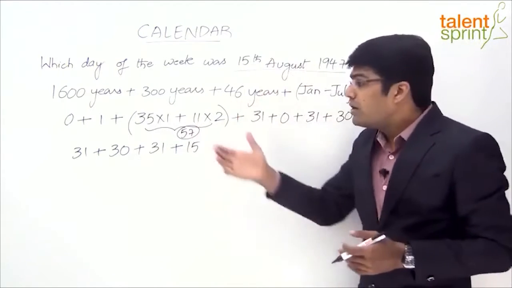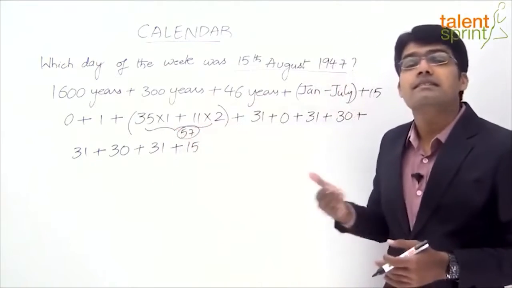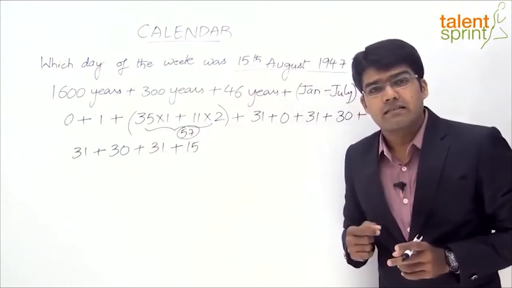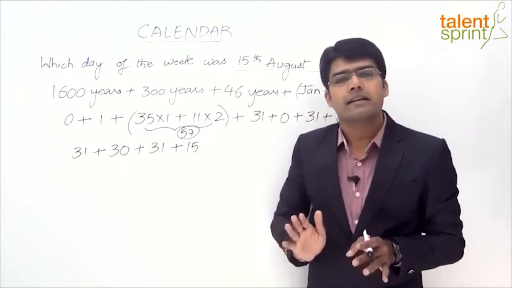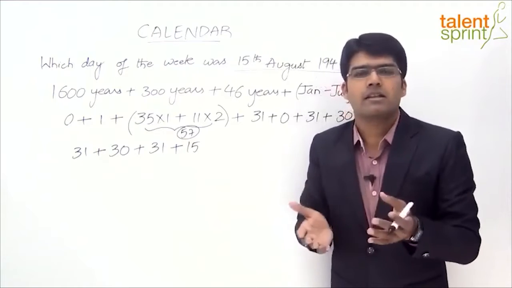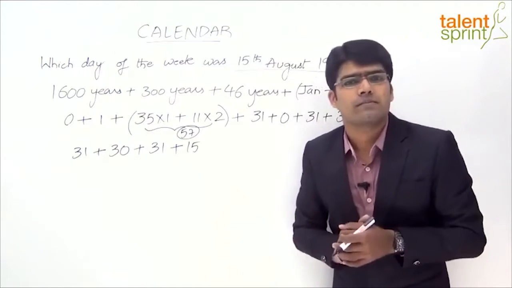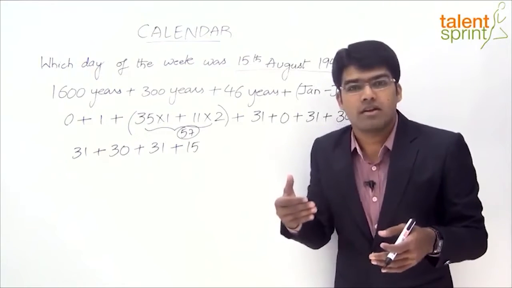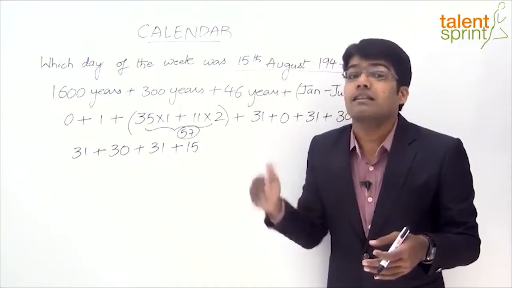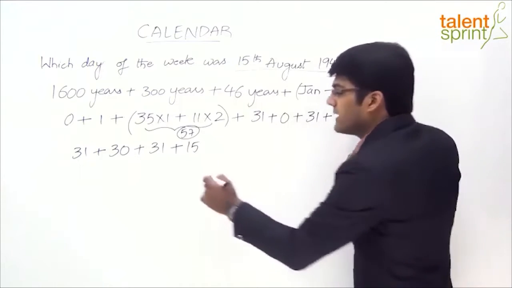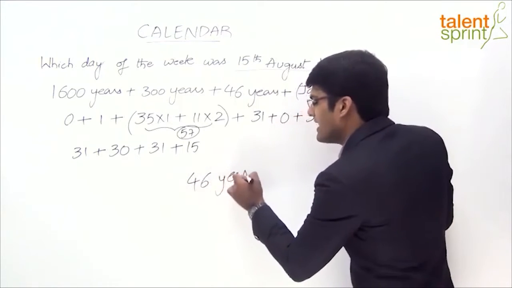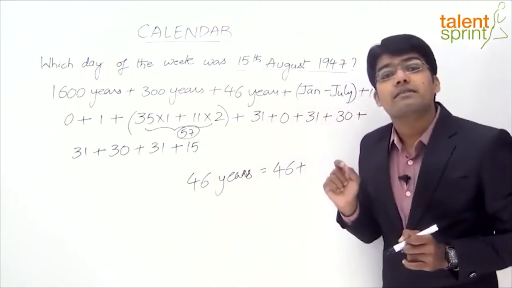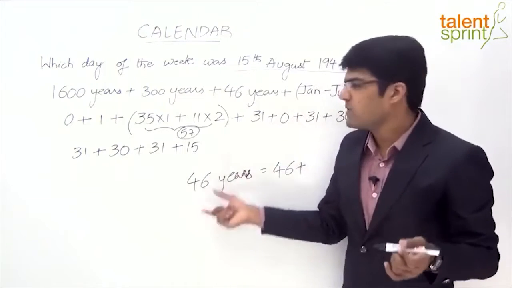But what can be done to make this calculation a little easier? The point here is, if there are 46 years, whether it is a leap year or an ordinary year, it will have at least 1 odd day. An ordinary year has 1 odd day, a leap year has 2 odd days. So 46 years will definitely have 46 odd days plus some additional odd days. And this additional number of odd days will depend on the number of leap years. So we can say the number of odd days will be equal to 46 plus the number of leap years. How many leap years? 11 leap years, which you have already understood.